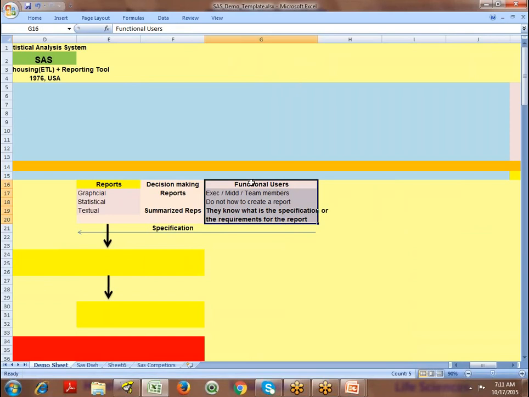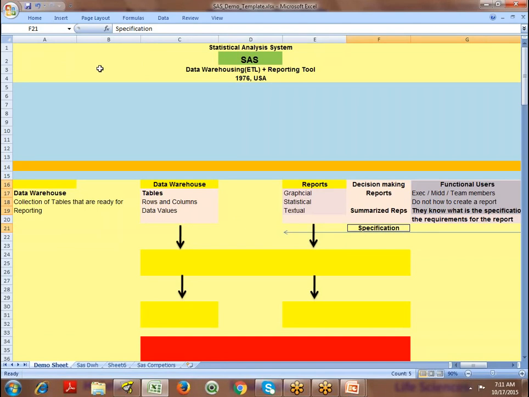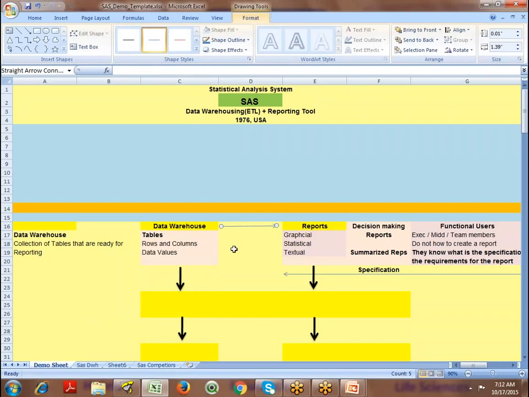So what do you want to do? According to the functional user requirement, they are going to give the specification. As a SAS developer, you get the input data from the business, convert this input data into output data, and then later generate various kinds of output reports.